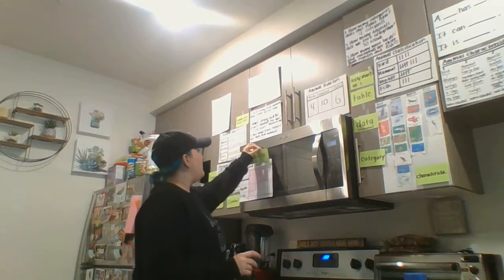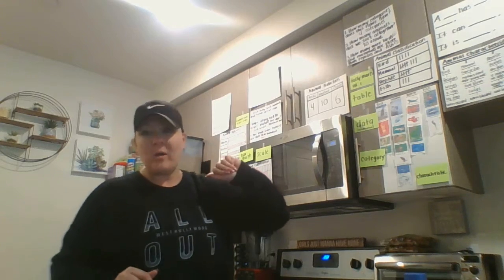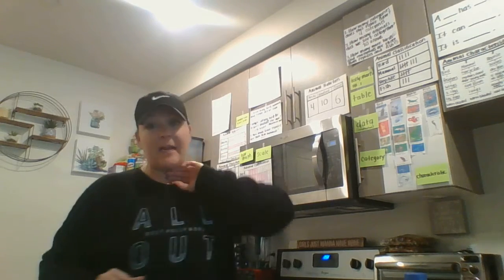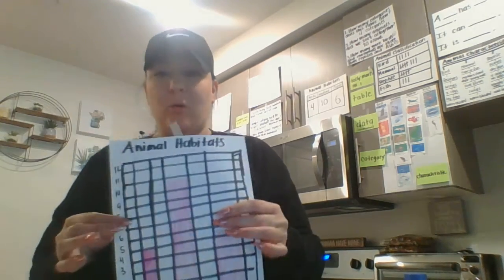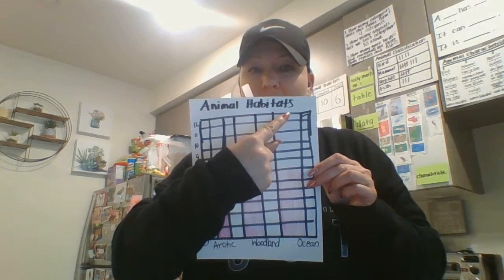All right. So the next one I did is based on the information we got from the animal habitats. The animal habitats is telling me where these animals live. And the information we got for that was Arctic animals was 4, woodland animals was 10, and ocean animals was 6. So what I did again here was create my graph, excuse me, my